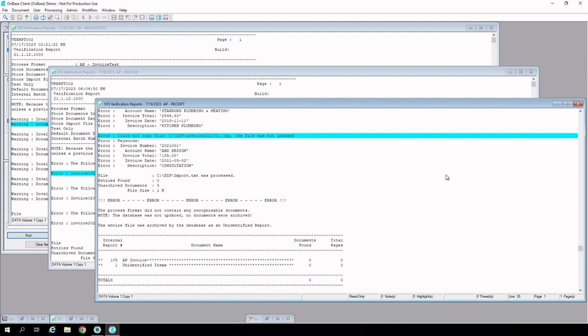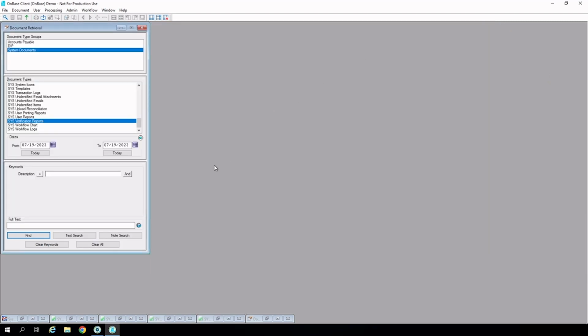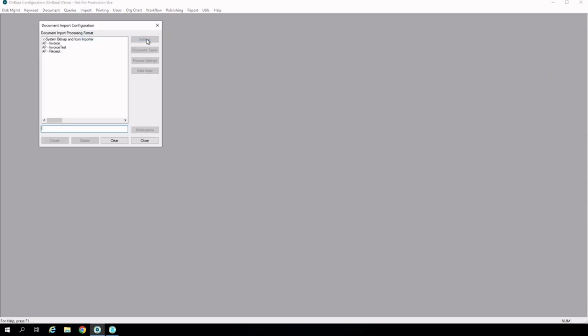If you're running a lot of document imports, going through each verification report one by one can be a bit tedious. There is an option, however, to combine all of your verification reports into one document called a daily report. To turn on the daily report for our dip processes, we'll go into OnBase configuration. We'll go into the import menu and select Document Import Processor. In the document import configuration, we'll select the format that we want to have in the daily report, and then